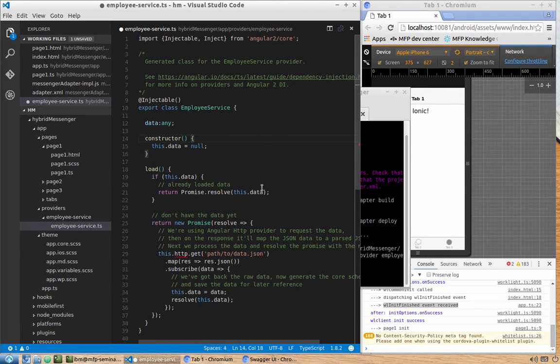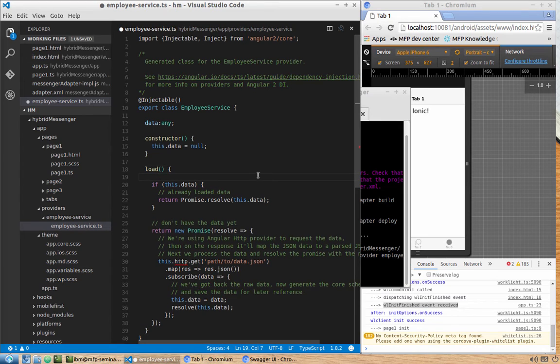The next thing that we need to do in order to use this particular service in the future is, first, make changes for it to be able to call our adapter, and second, import it in our app.ts file as a provider, and then use it in the page1.ts file. So we will start with some kind of logging, so we will know that this service is called within the function. So let's have here a console log, something like